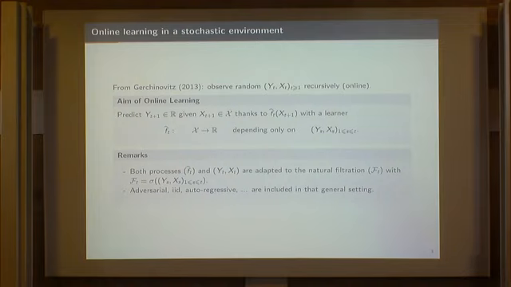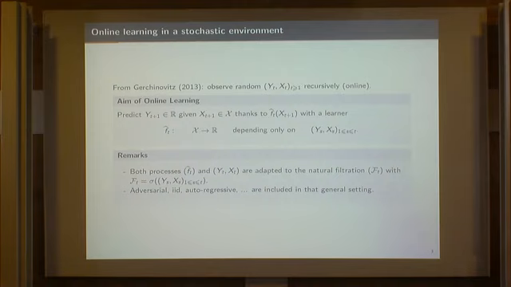We have the variable of interest, YT, and we want to predict YT plus 1, given in advance XT plus 1, the explanatory variables. They can come from the past, so they can include the past of the YTs,